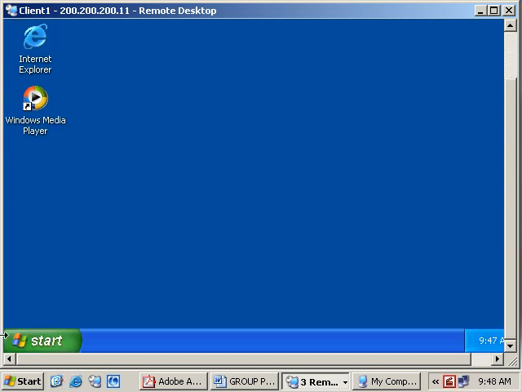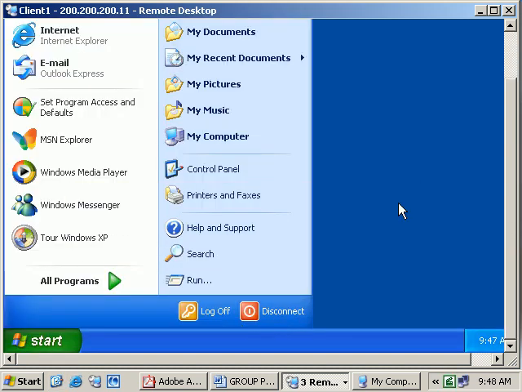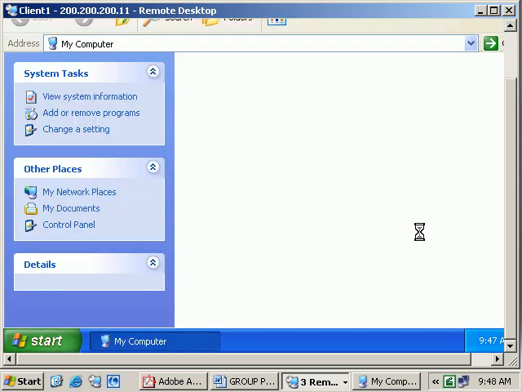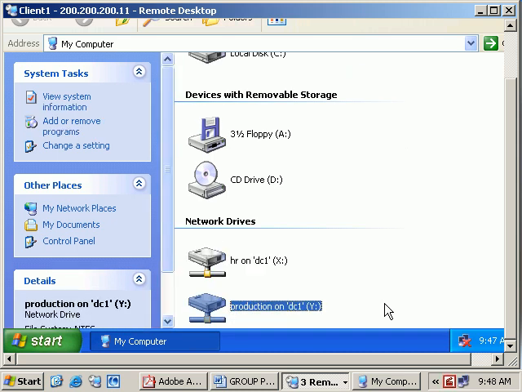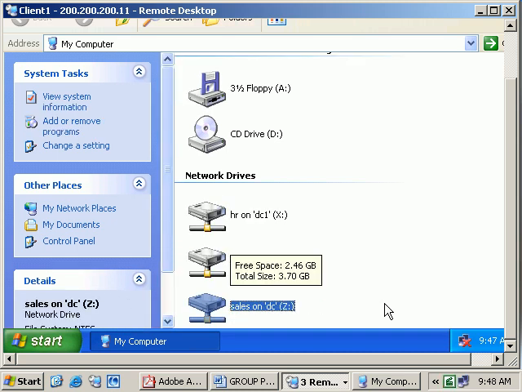I'm going to access my computer from the start button over here. My computer. And there we go. Check this out. Network drives, the X drive, the Y drive, and the Z drive, which is actually on DC. Okay, so good job. All you have to do is create these batch files,